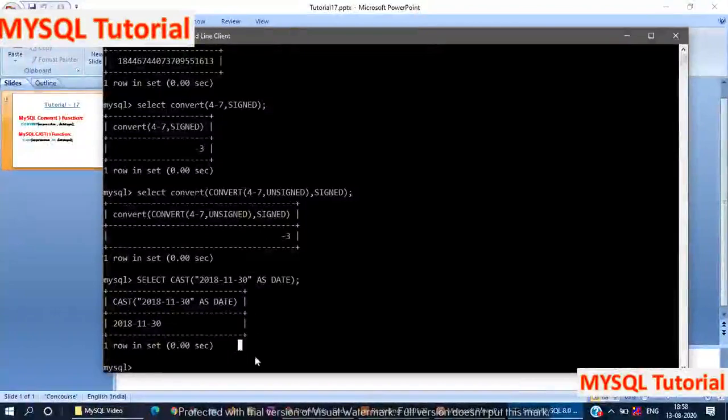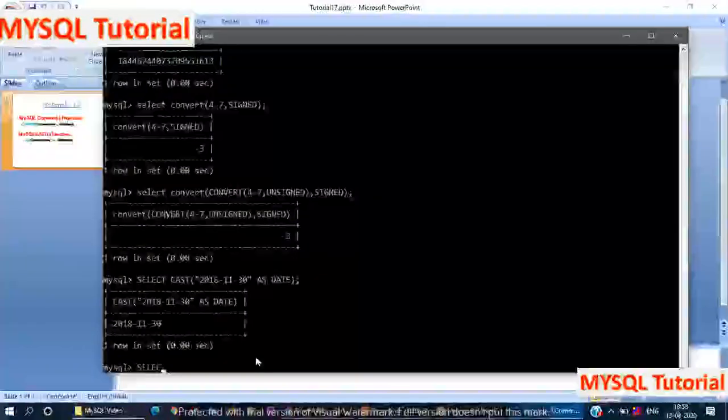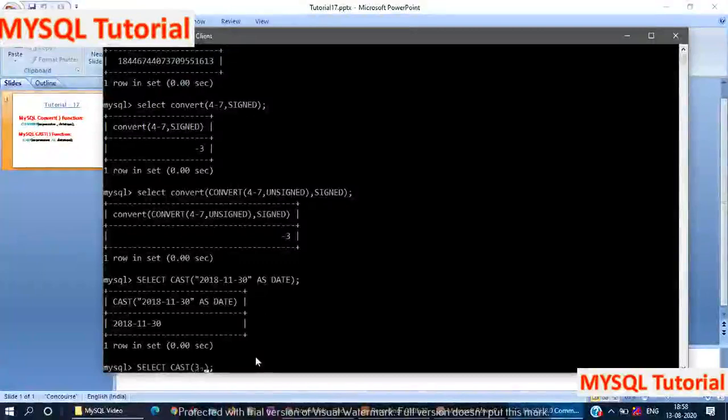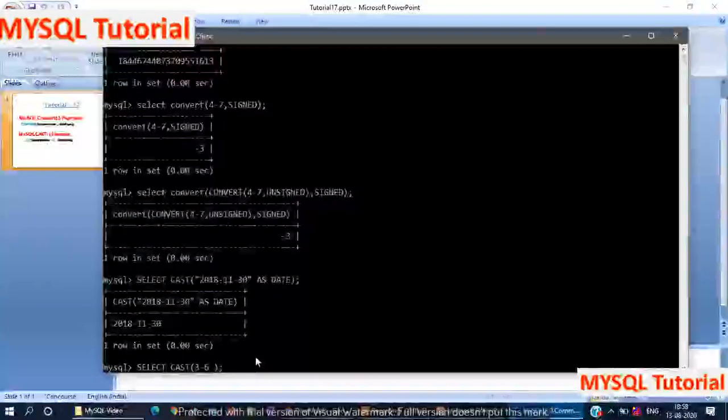We take the second example using the same SELECT CAST in brackets. Here I give the expression 3 to 6 as a number, and I want it as the signed data type.